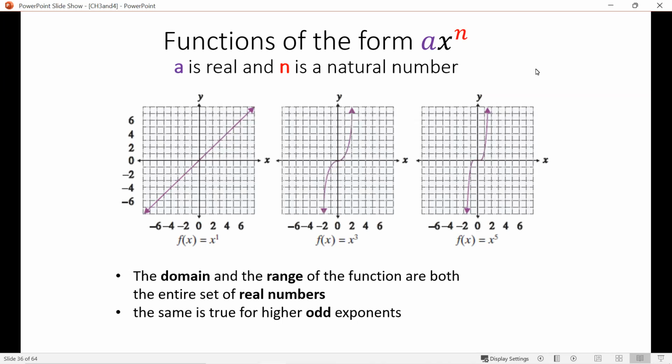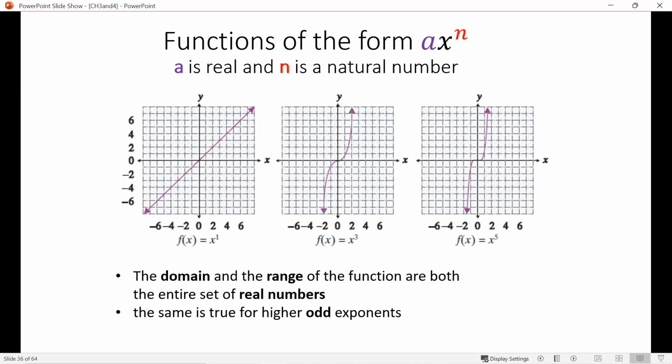So the first type of function we're going to talk about is the function of the form ax to the n. So far we've seen things where we have x squared. So here's where we can actually have higher powers of x. If the n is a negative number, it's going to look like one of these graphs. So obviously, if n is 1, we've got a linear equation. It's going to be a straight line. But if n is a 3, 5, 7, 9, etc.,